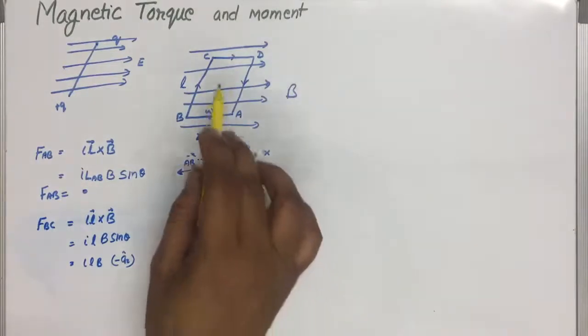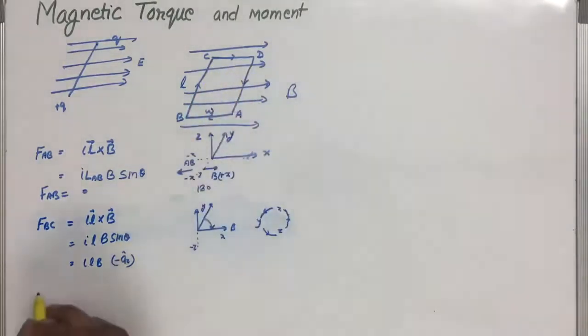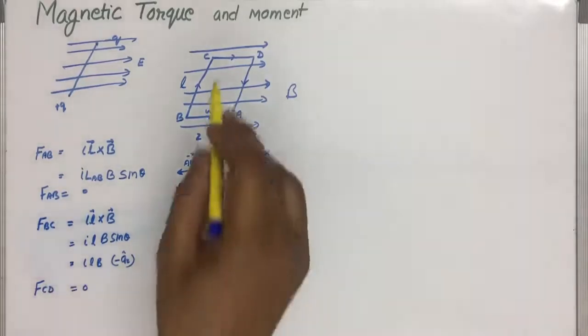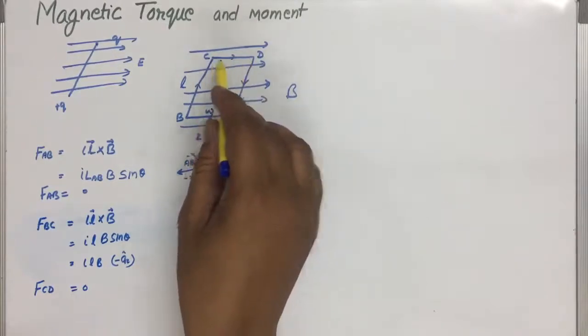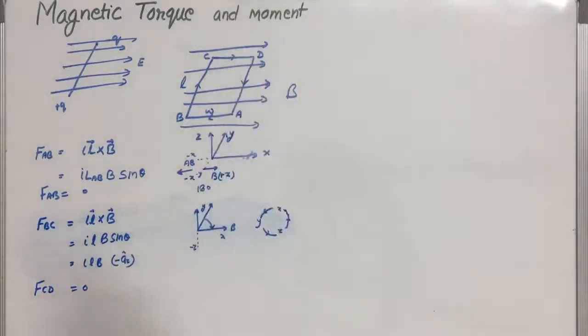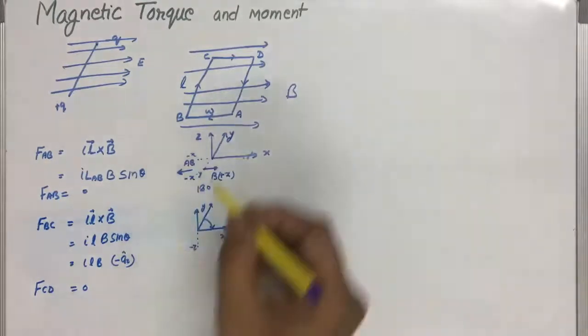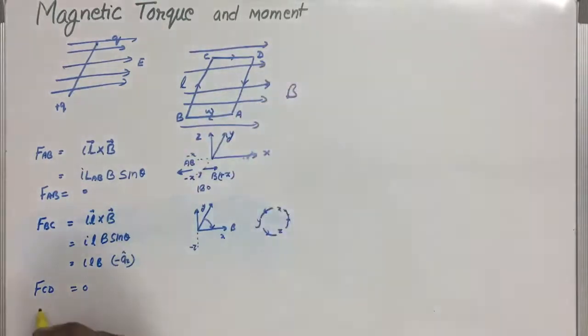Similar to this, the force acting on CD will be 0, as the angle between I dL or IL and B is 0. So the force at this is 0, and the force at DA